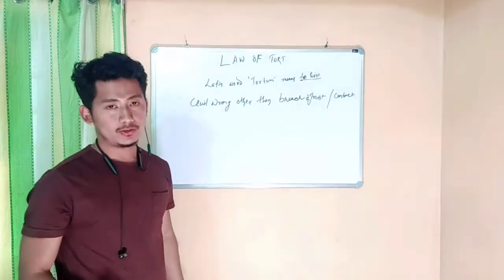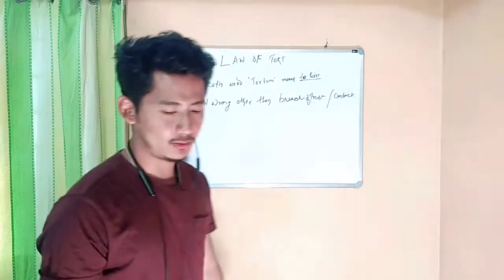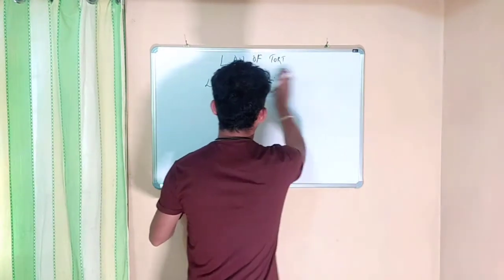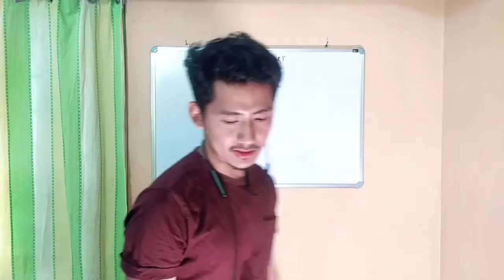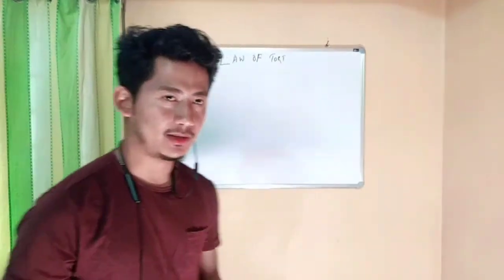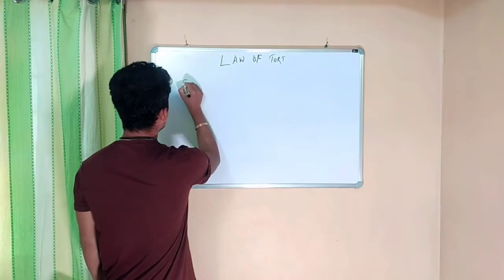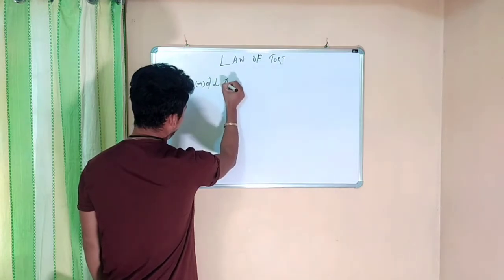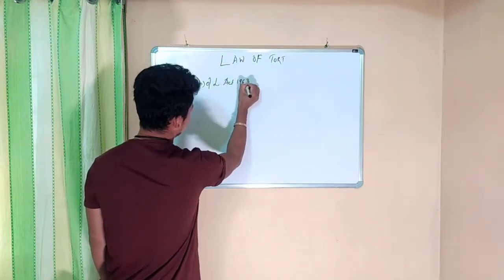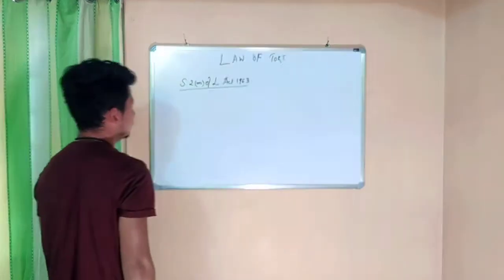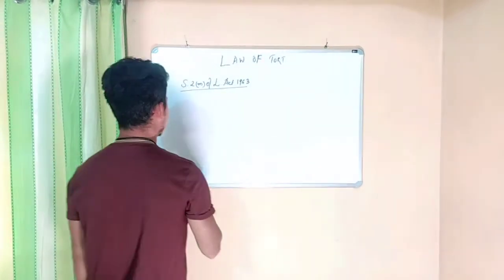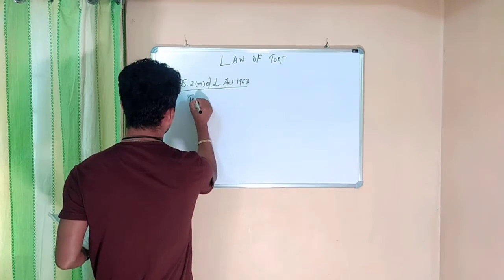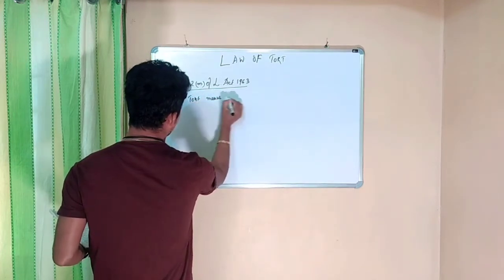Okay guys, in order to understand more about the law of tort, we need to go through certain definitions by various jurists. First we will see the definition given in Section 2(m) of the Limitation Act, 1963. This section defines tort, as I mentioned earlier, as a civil wrong. Tort means a civil wrong